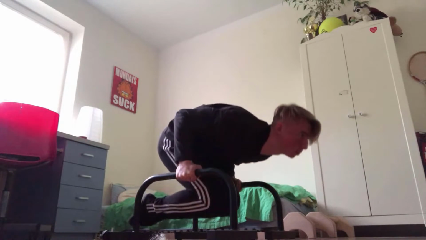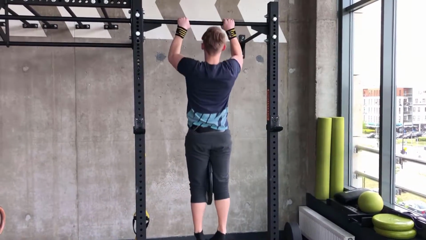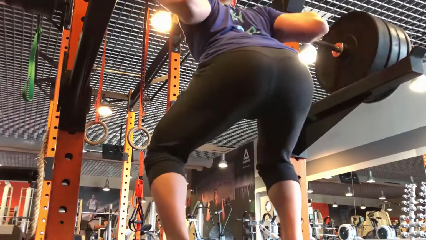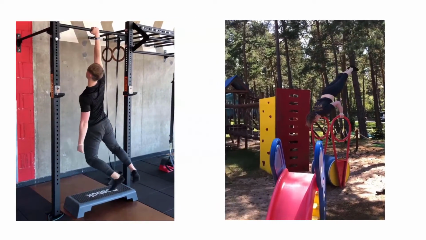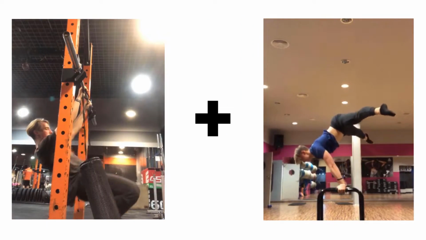I'm not saying you can't work on more things at once. Just be honest with yourself and admit that working on multiple goals will take you that much more time to get them, usually disproportionately more than if you focused on just one. If you choose 2 upper body goals, make sure one of them is push and the other pull. It's gonna make the programming easier as they won't interfere with each other that much. Some examples of well-working combinations are one-arm chin-up and handstand push-up, or front lever and planche.